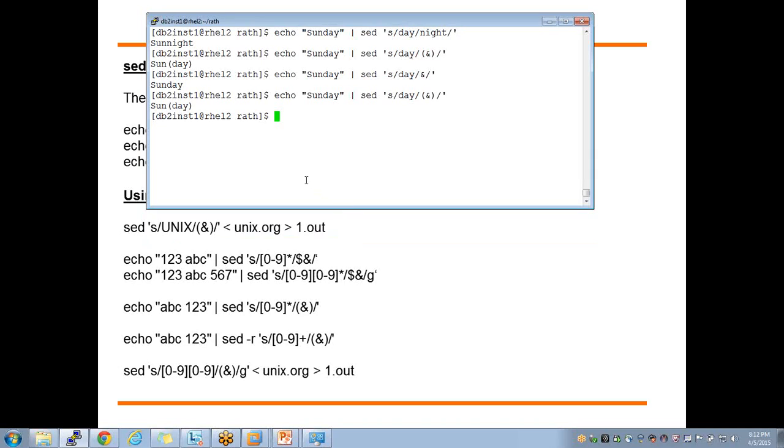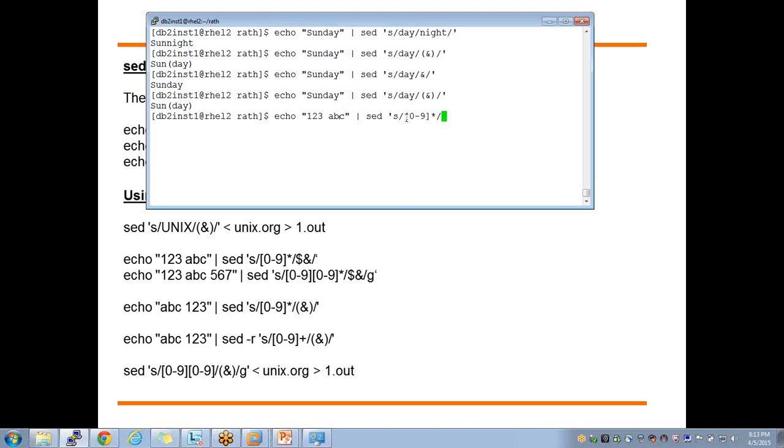But if you look at the next example, when I say echo 123 space ABC, and if I do sed s/[0-9]*/$&/, here I don't know the search string I am searching for.